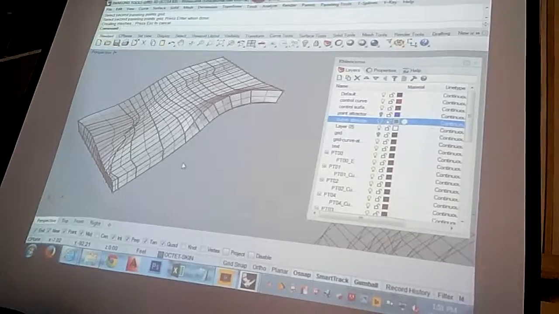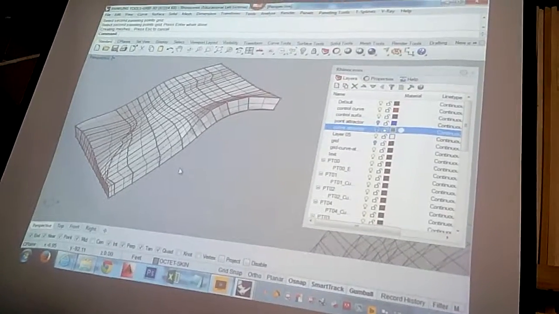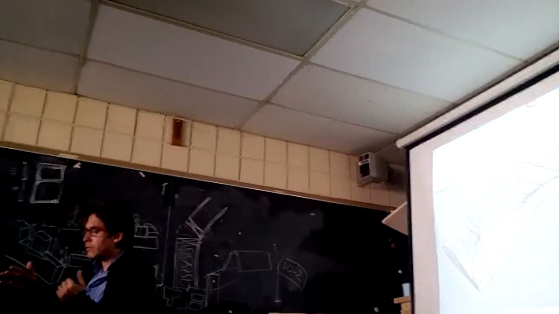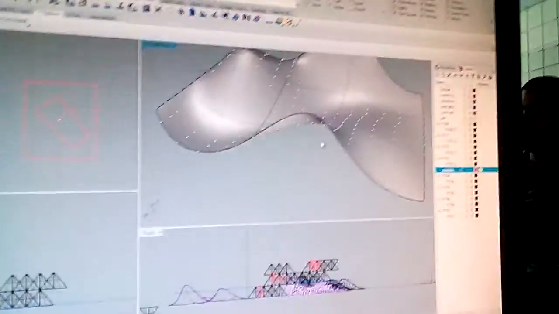Can you do it the last one? Okay, so the key is this. You have your grid, the points that you made. All you need to do is offset them. Once you offset them, you can make a 3D surface. Right, so let's go. Copy them and just drag it up